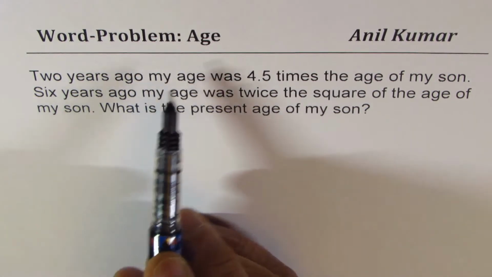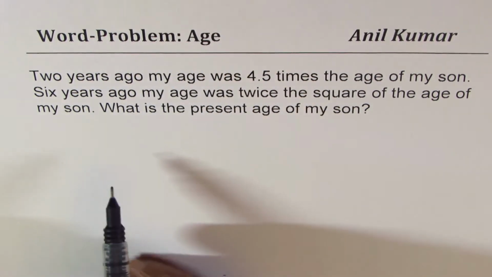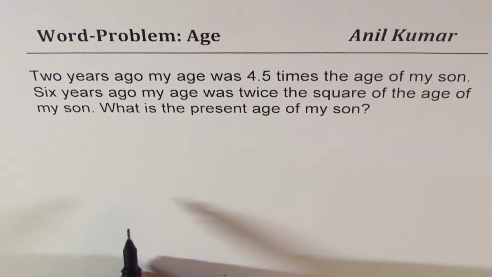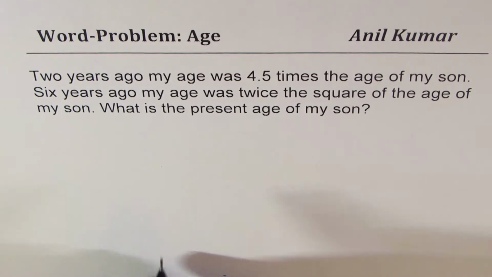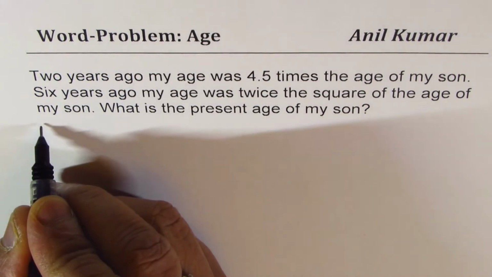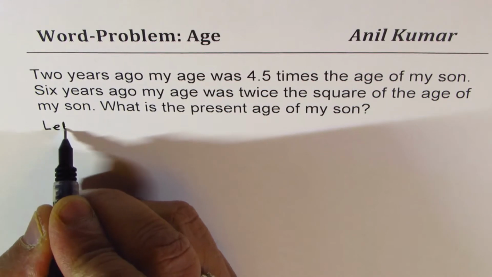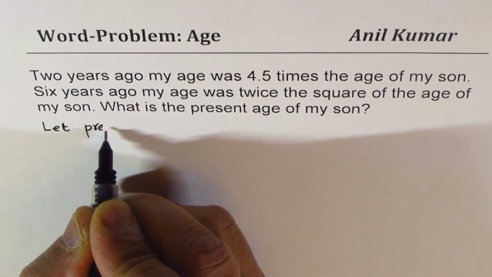Now, in any word problem which is related to age, we'll follow this pattern which I'm going to share with you in this video. So the first statement is always to define the variables. So we say let present age be